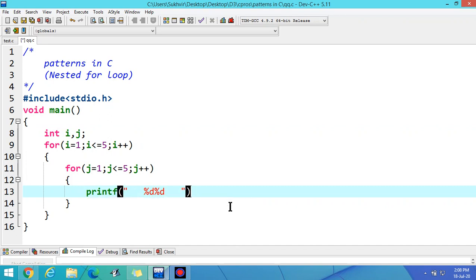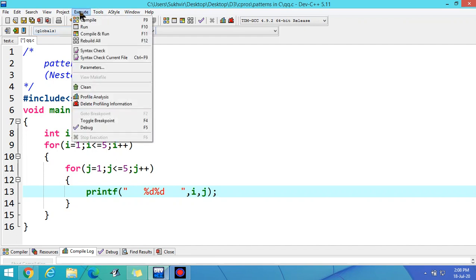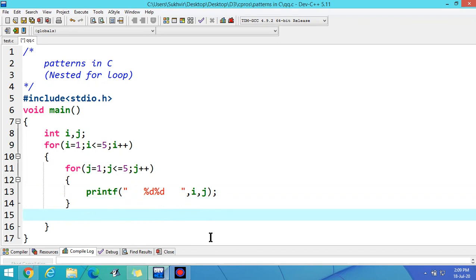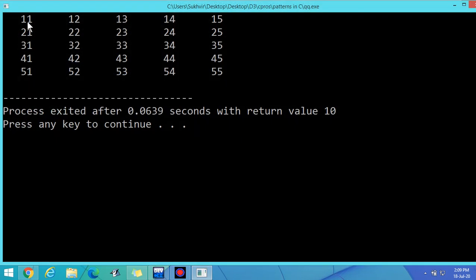Suppose I write i comma j, then semicolon, and here I can write printf new line so that I can separate the execution after each iteration. Then execute. The data is like this.